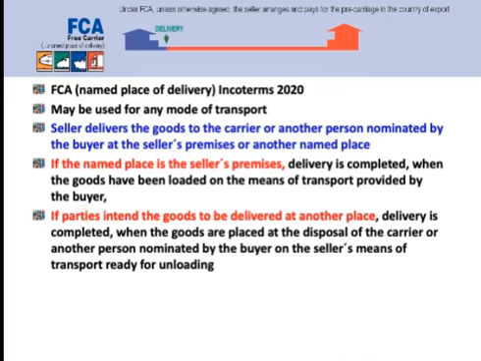It means that if the delivery point is not the seller's premises but another place, the seller has to ship the goods to that place and have the goods at the disposal of the carrier on the seller's means of transport,